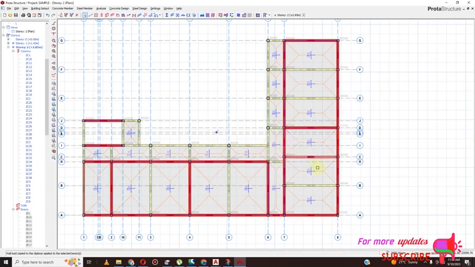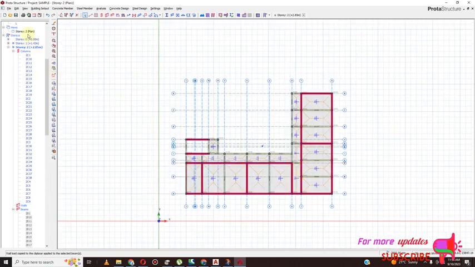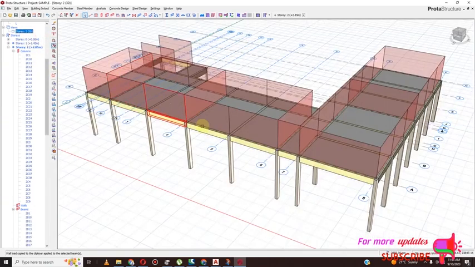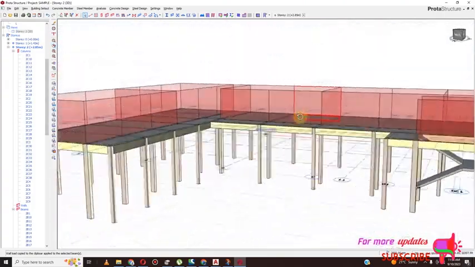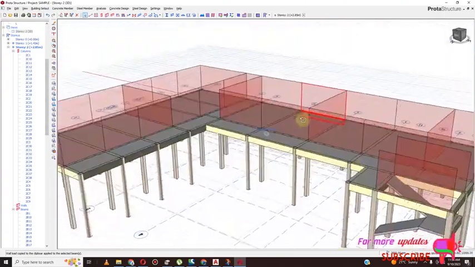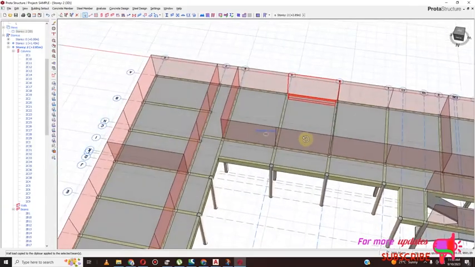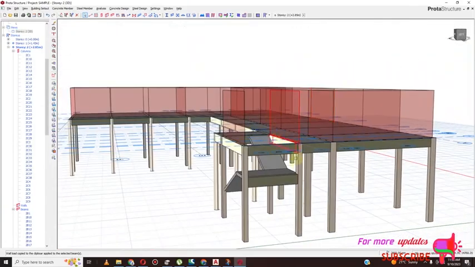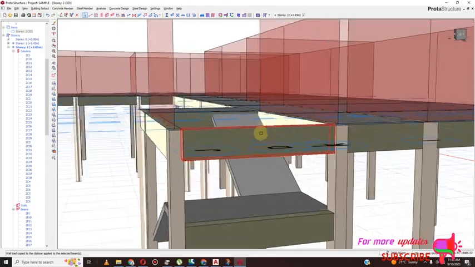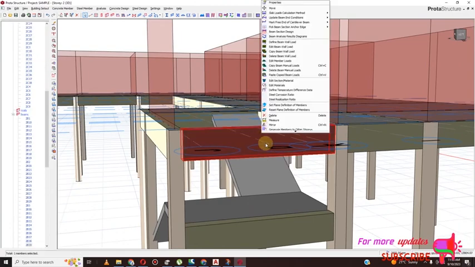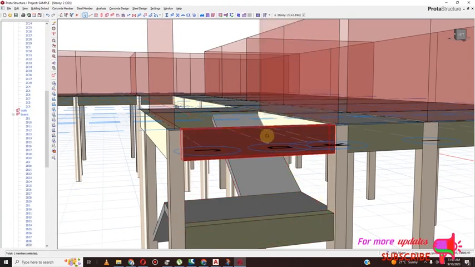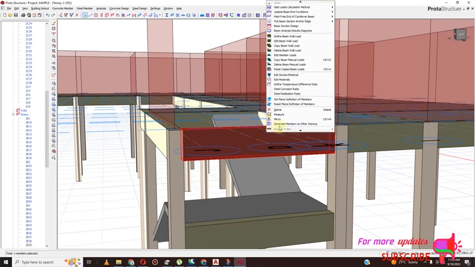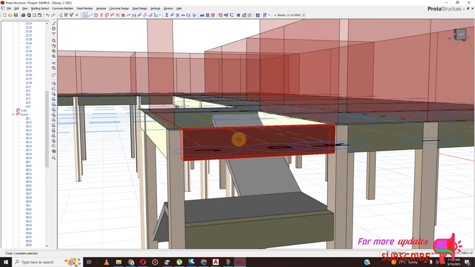Yes. So we can go to 3D view and see. So what we are left with is the parapet wall, right? And the wall in this beam. So I know the distance, I just edit, just define